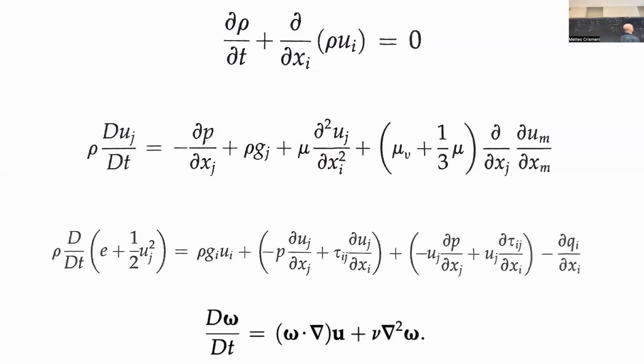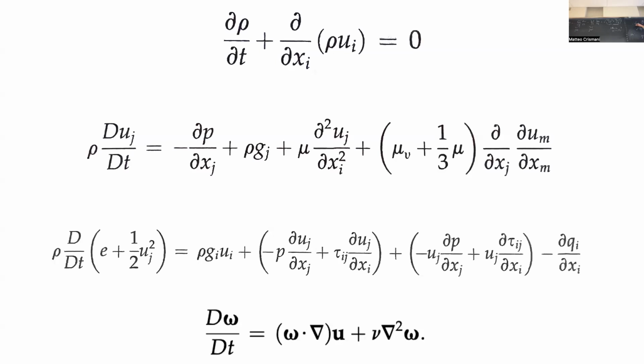And one last relationship. What is this also equal to in terms of the stream function?